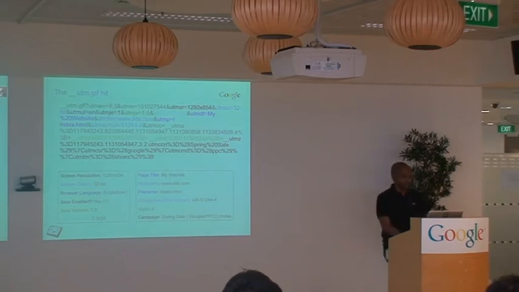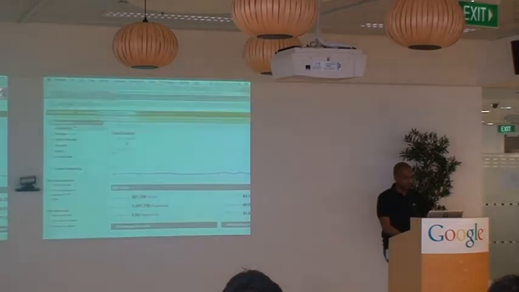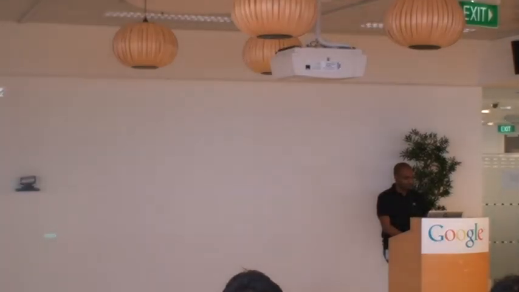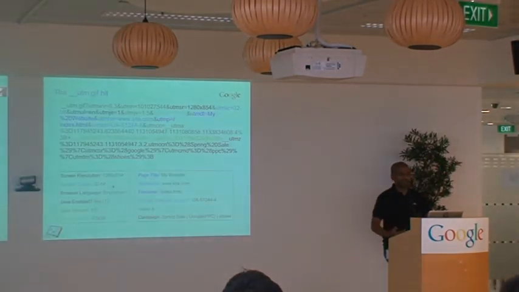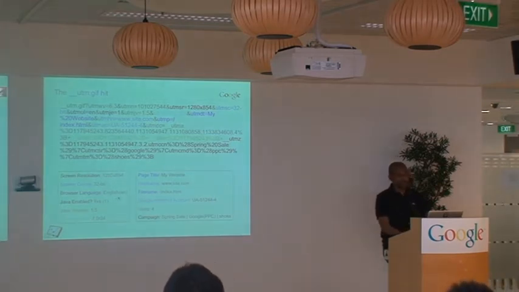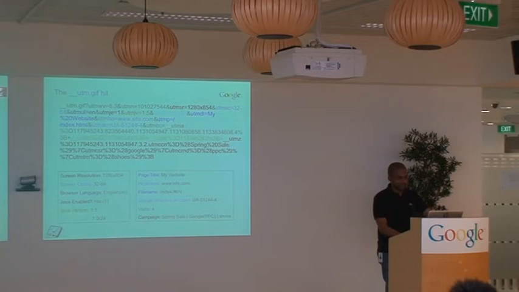So the JavaScript will sniff out attributes of your browser, such as the screen resolution, what language the browser is set to, do they have Java and Flash on their machines, and then basic information on what's the host name, the page title, and the account ID that the site is associated with. And so now when the data gets sent across, every hit is associated with what we call a web property ID. So that's this UA dash number here.